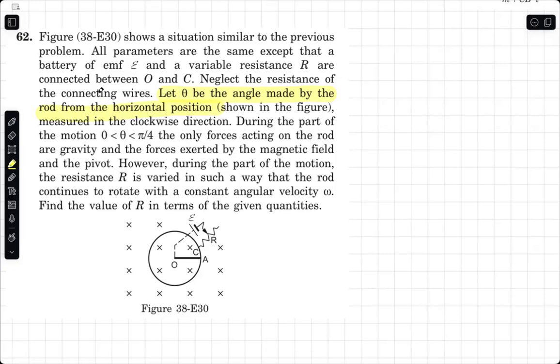During the part of the motion 0 to 45 degrees, the only forces acting on the rod are gravity and the forces exerted by the magnetic field and the pivot. However, during the part of the motion, the resistance R is varied in such a way that the rod